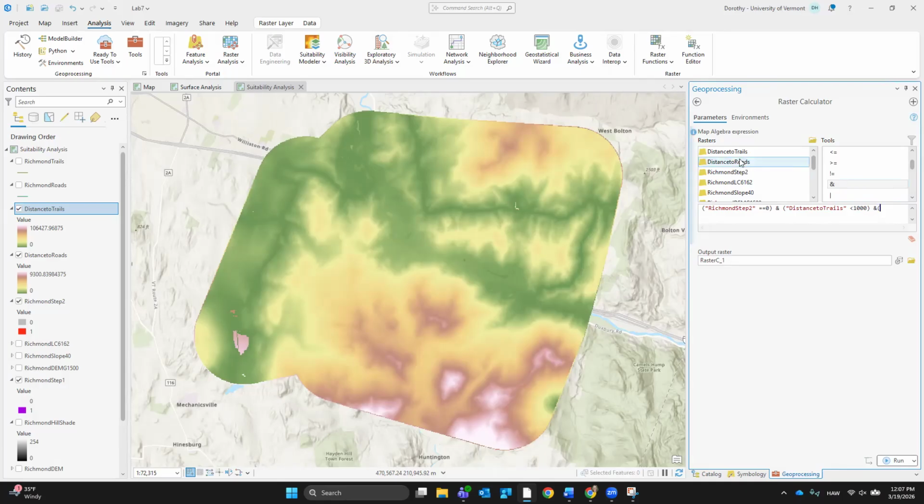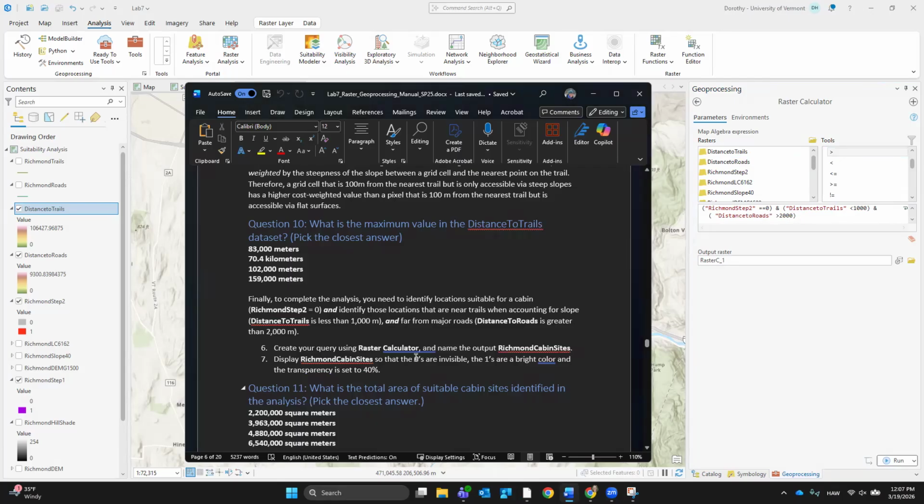I think that's right. Distance to road is greater than 2,000. Okay, I'm just going to double check. Less than 1,000, greater than 2,000, and we're going to call it Richmond cabin sites.